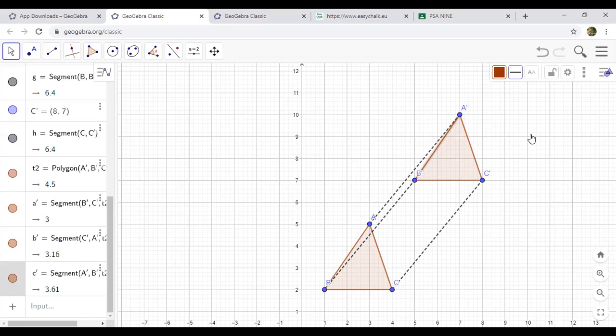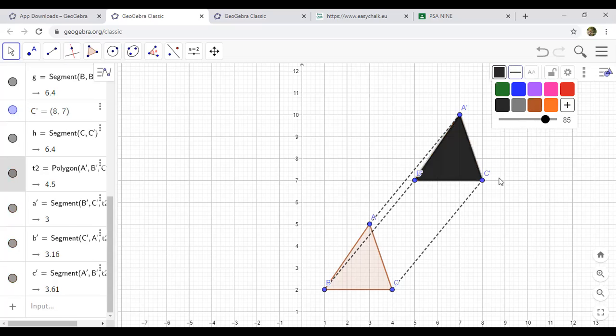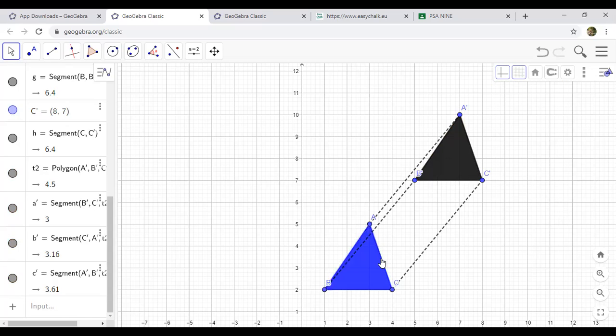Here is triangle A dash B dash C dash. It is the image triangle, and this is the object triangle. Let me use the next color for the image. Let me use the black color. This black triangle is the image triangle, and this blue color triangle is the object triangle. It is just shifted. The position here is the position of the,